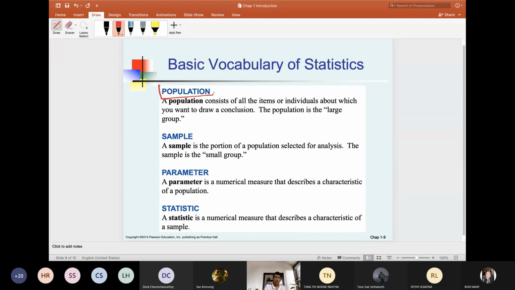Population. The population consists of all items or individuals about which we want to draw conclusions, right? And usually population we refer to as a large group. In sample, a sample is just a portion of a population selected for analysis. So we refer to that as a smaller group, right? So this population does not have the same meaning as the population we use every day, right? The population we use every day mainly refers to people, right? But here it could refer to people or items. But the main important thing is that all possible items or